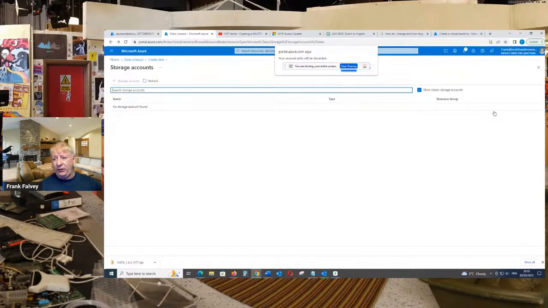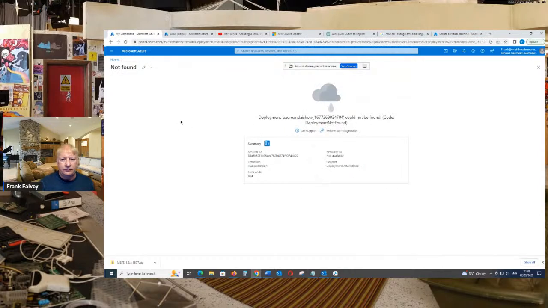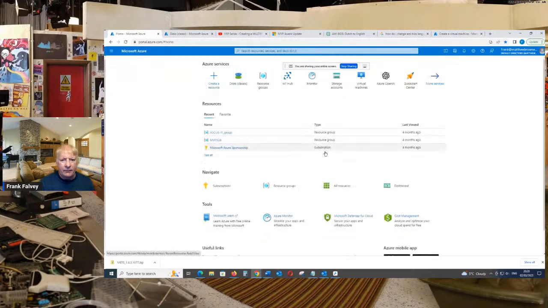And this is just a demo overview of what Azure looks like on the inside. So we're not going to provision anything here. Just 1 second now. So we're back to the main